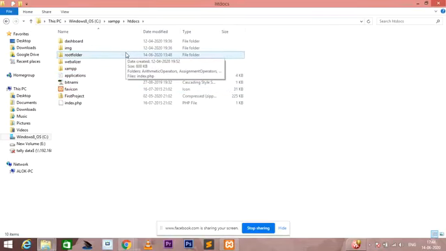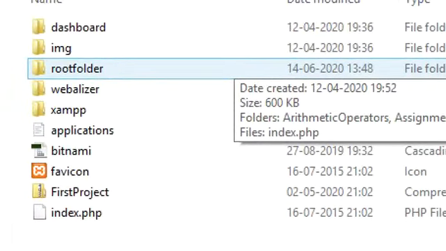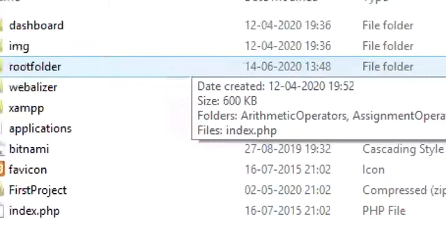Make sure that if you install the XAMPP server, you must create a root directory in order to store the entire content. So if you don't have the root directory, you just create a root directory, and inside it you can do the other functions, no problem. So again I show you what the root directory is. This is the root directory basically, and the entire content is showing here.